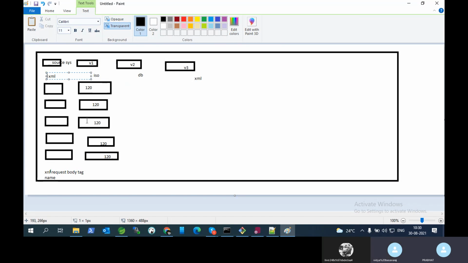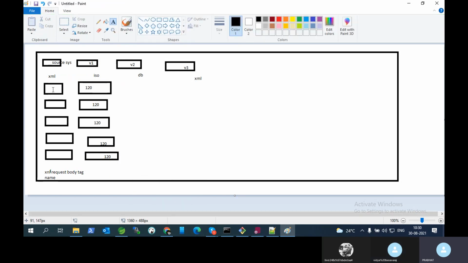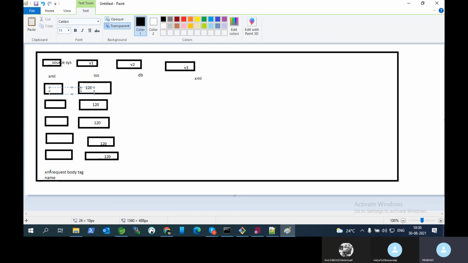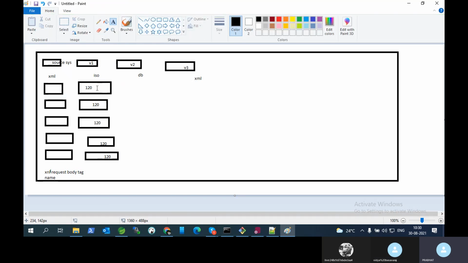And what will the validation system show? The validation system will come with these 5 body tags in the drop down, for each row. Then we can do the translation, like for this particular ISO message, which ISO field will go to which XML field in the request.